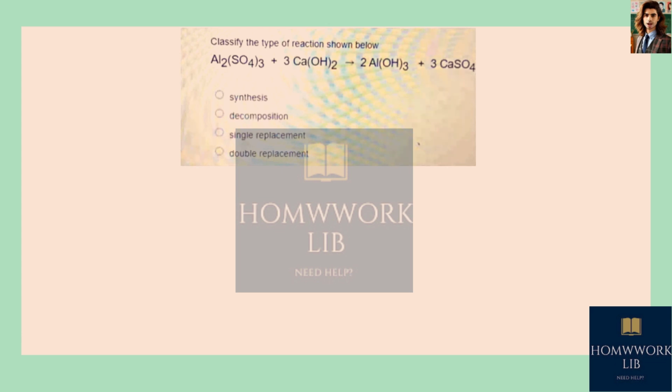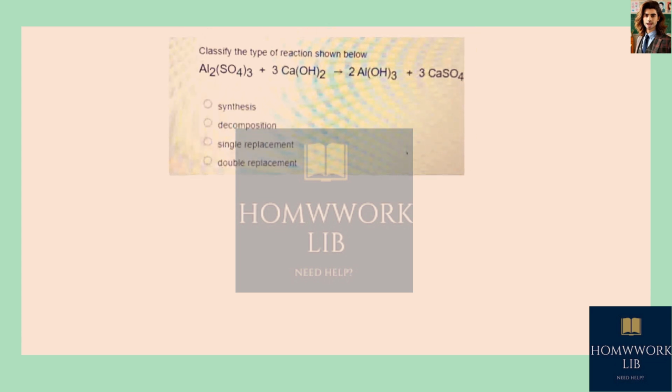Hi, so over here we want to classify the type of reaction for the reaction given below. Over here, what we want to notice first is that we're going to have aluminum attached to sulfate ions, we're going to have calcium attached to hydroxide ions, and in the products, the aluminum now is going to be attached to hydroxide ions, and the calcium is going to be attached to a sulfate ion. For this reason, this would be classified as a double replacement reaction, since we're replacing